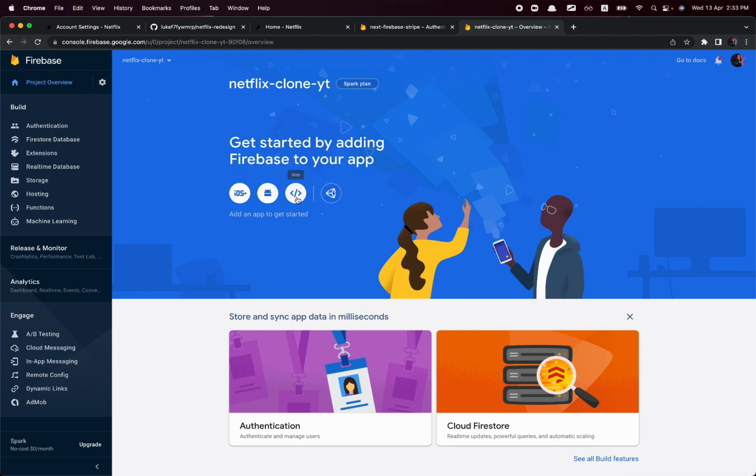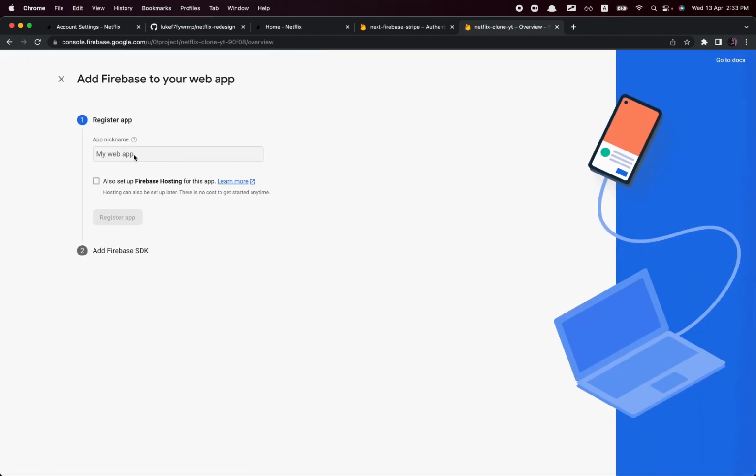If you're using Firebase, this is the screen you want to get to. The next thing you want to do is, there are three options: you can create an iOS app, an Android app, or a web app. Since we are only working on a web app, we're going to click on this web icon, and we have to register our application here. To register our app, I'm just going to give the same exact name to be consistent. I'm going to say Netflix clone YT, and we're not using Firebase hosting, so we can just register